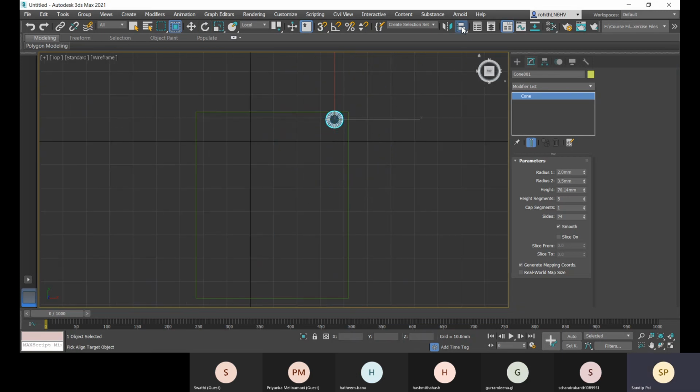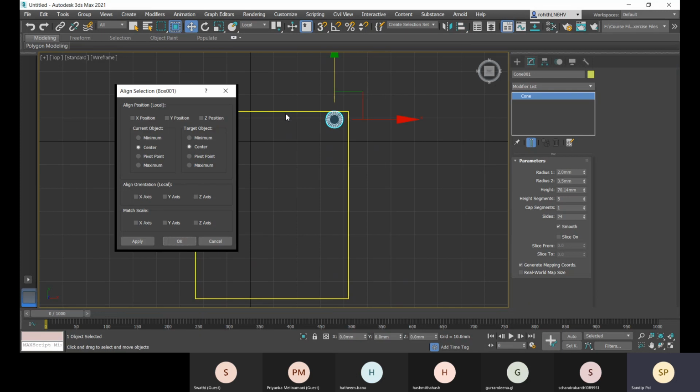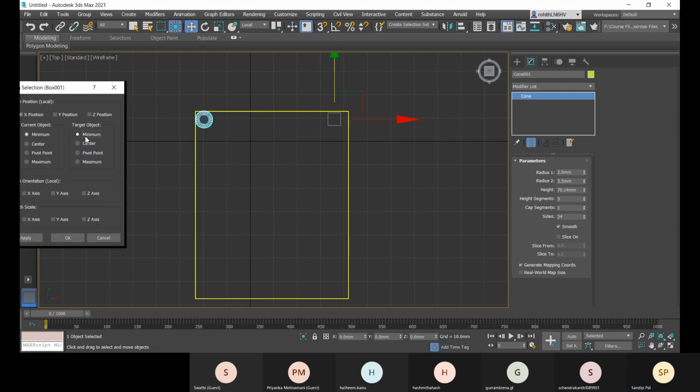You can go with this alignment here and choose this, and I will only align the X position. For that, you can go with the minimum and the maximum. See, this is minimum and this is maximum.